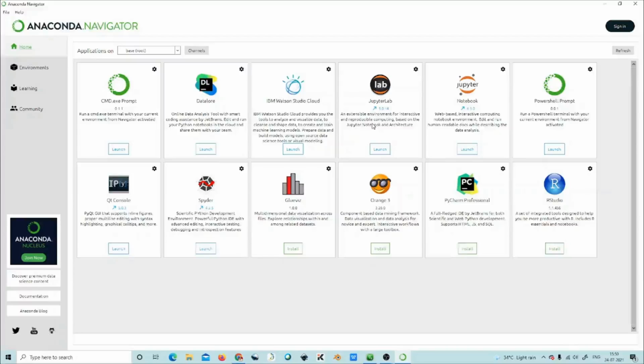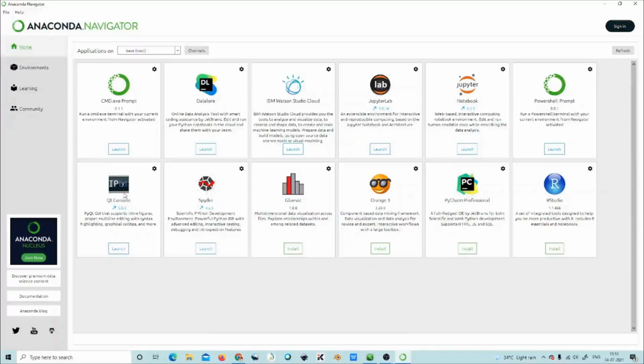This is the very familiar Jupyter Notebook for interactive computing, and this is JupyterLab, and another one is Jupyter Notebook. And this is the PowerShell prompt, where you can use command line based processing.